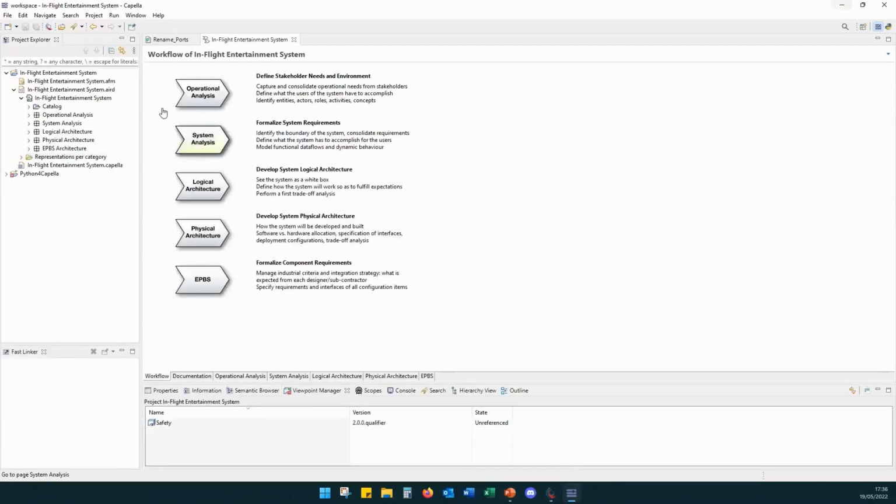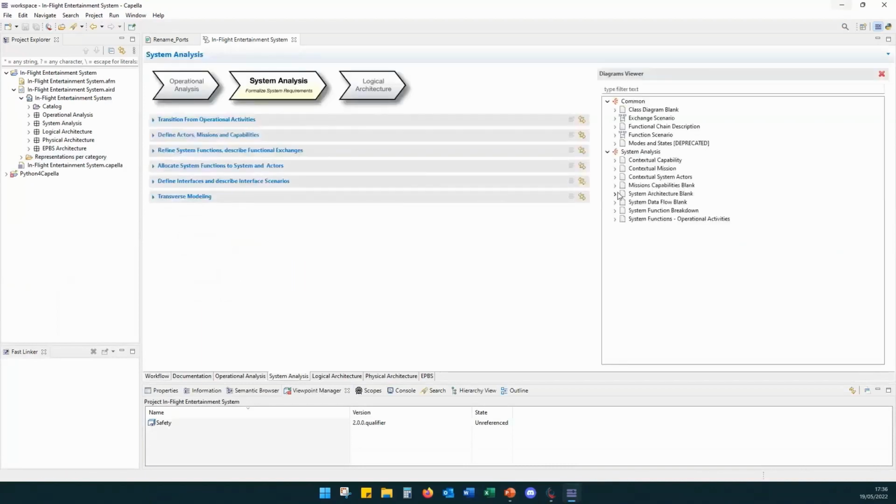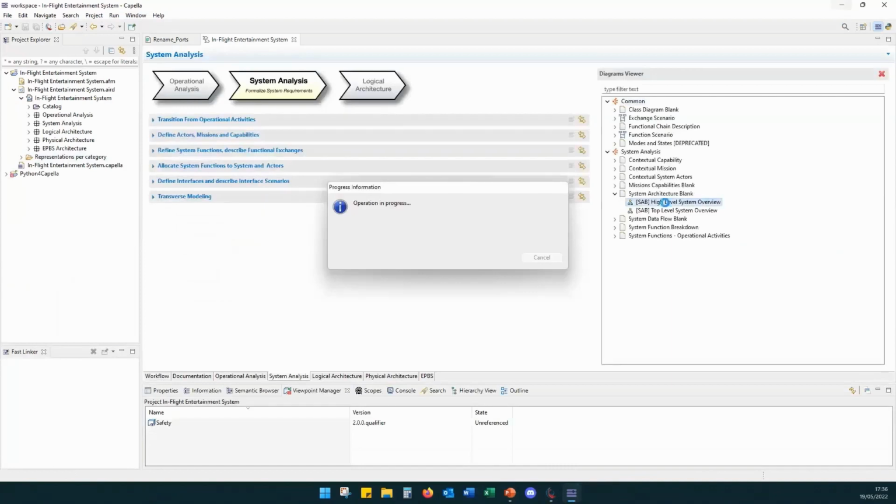Okay, so I imported the Capella example, the in-flight entertainment system. Now I'm going to show you how we can share data between Capella and Safety Architect. First, I'm going to show you this on a functional architecture. I'm going to open a high-level functional architecture.